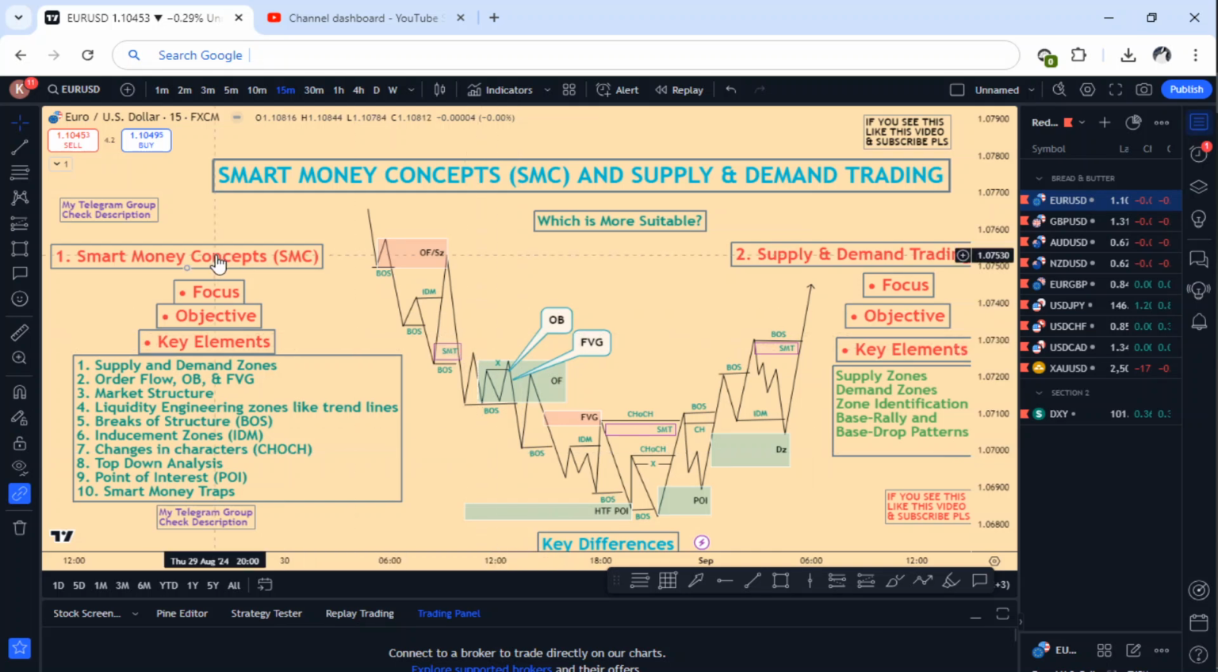Now for the smart money concept, this would be identified as an order flow, and within this order flow there is an order block and there's a fair value gap as well. So when price returns to it, especially to the order block and fair value gap, price is expected to drop because this is a base drop,